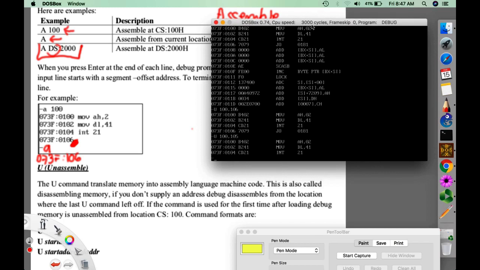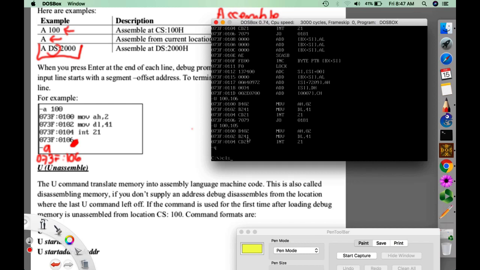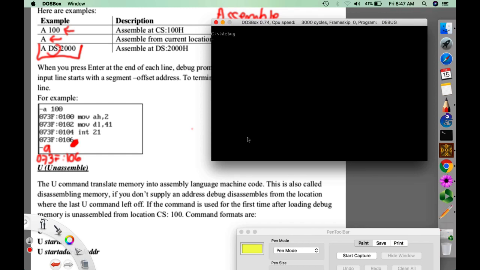So for an example, we have here assemble. I'll just clear the screen. So we have here assemble at memory location 100 with data: move AH,2.